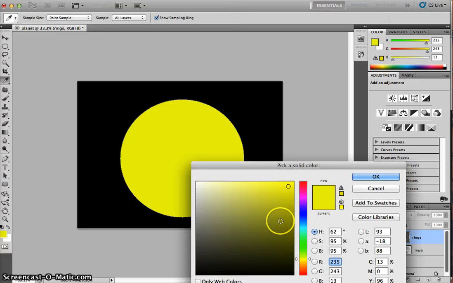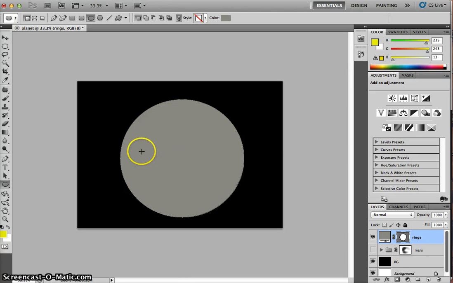And let's give it a color. Actually, let's just give it a gray. Something grayish. There we go. Now what we need to do is eliminate this inside right here. Let's do it the easy way. Let's just do another shape inside, but changing our setting from new selection to